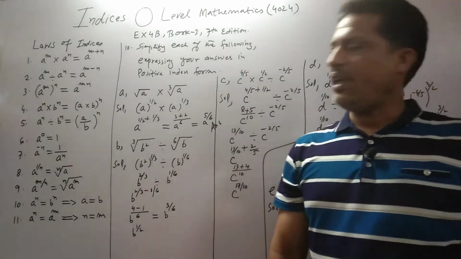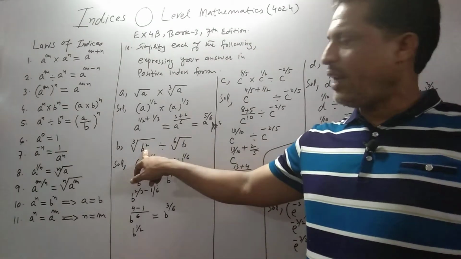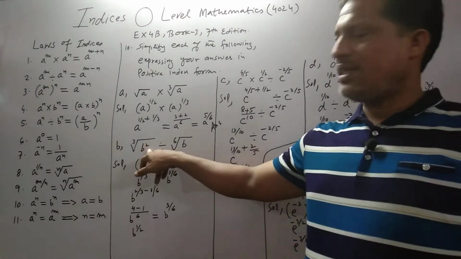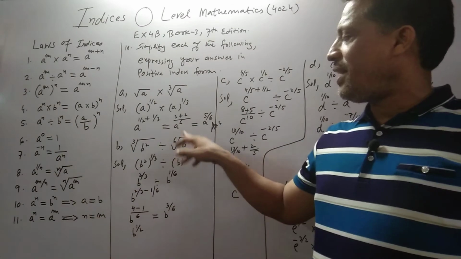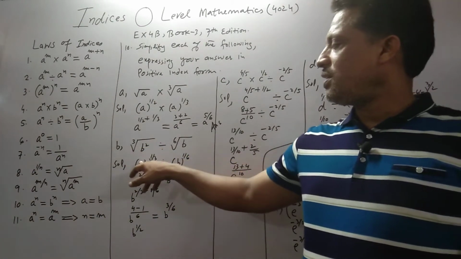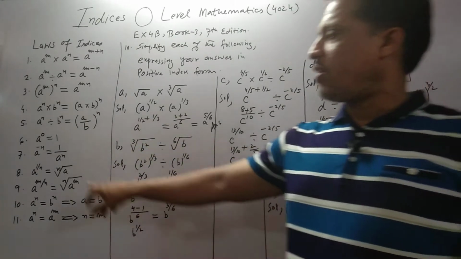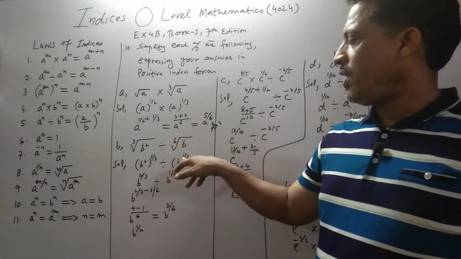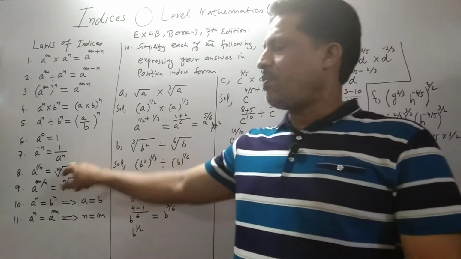See part B. Here, the radicand is 2 B square. Radicand means under the root. This is radicand B square and this is index 3, divided by this radicand B and index 6. So how to convert this? B square and this 3 becomes 1 upon 3 by using law number 8. And this sixth root of B is converting to B power 1 upon 6. Which law applies? Again the same law number 8.